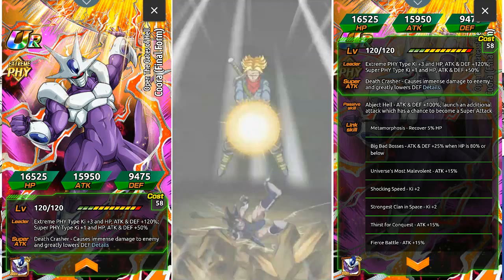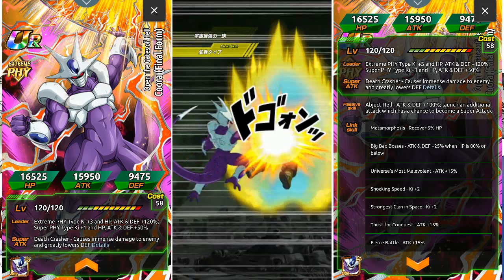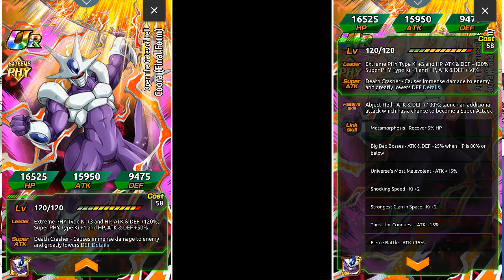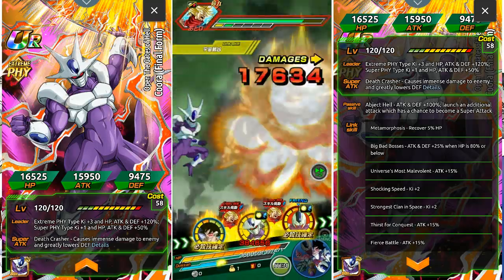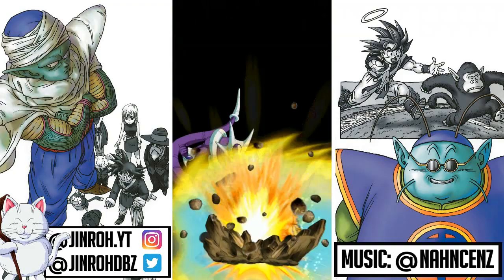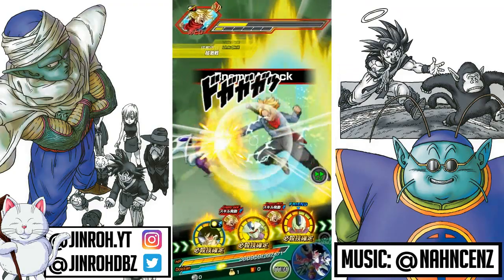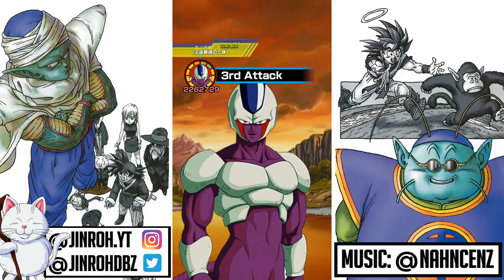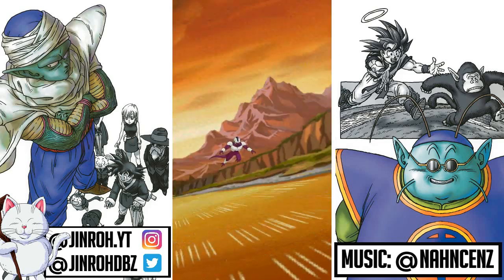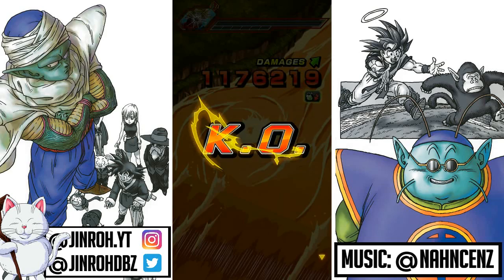At 100% potential maxed out, you're looking at HP of 16,525, attack of 15,950, and defense of 9,475. 12 Ki multiplier is 140%. Again, I do want to remind you guys that the Transforming Cooler unit, before the active skill is initiated for the transformation itself, provides Transformation Boost category allies Ki +2, attack and defense increase of 30% when facing one enemy. And then when facing 2 or more enemies, Conquest of Terra category allies get Ki +2, attack and